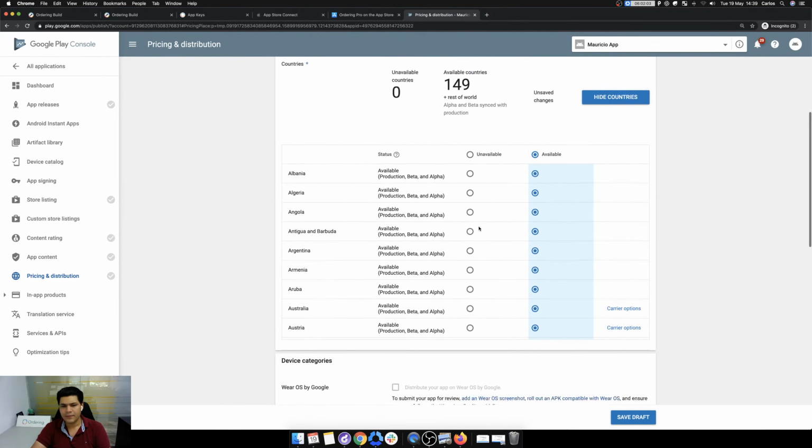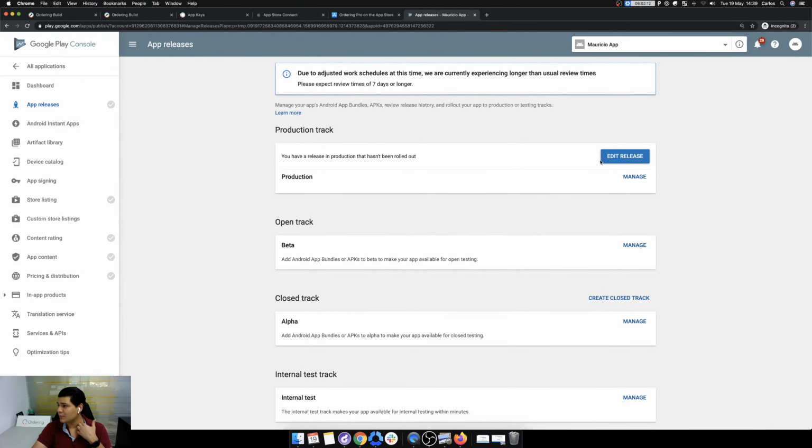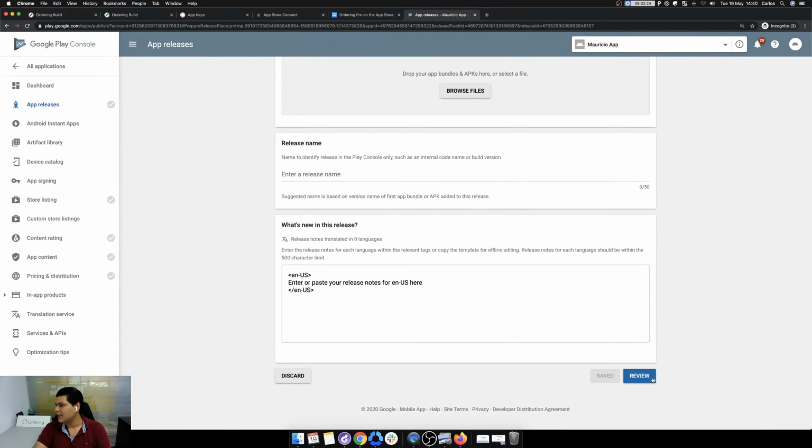And then after you fill up all these, you will go back in app releases and submit, and it'll say start rollout. So when you click manage again and edit the release, here it'll say start rollout. And then when you click that, the app will go to review for Google to take a look at it.